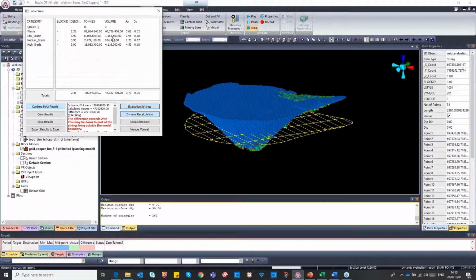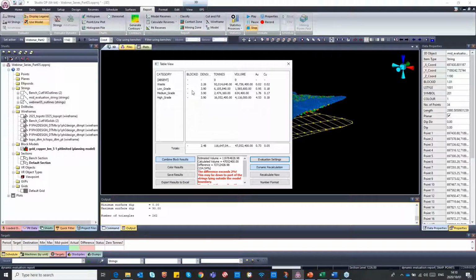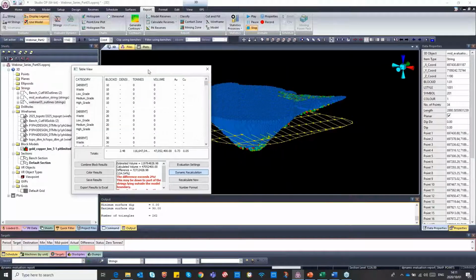So under OK, you can see that I don't have block IDs here. For me to create the block IDs, I'll have to come here and activate this, combine block results. So you can see that I have a report that looks like this. I can export this to Excel, but before I do that, I want to show you why